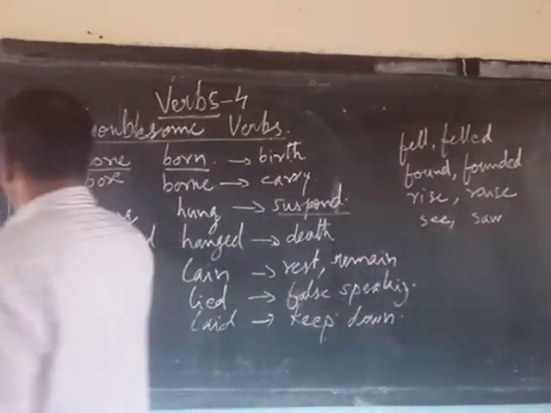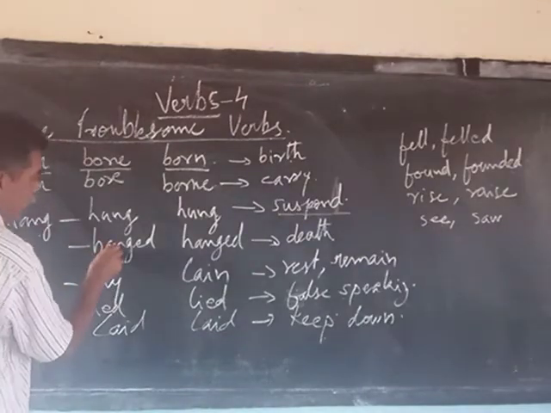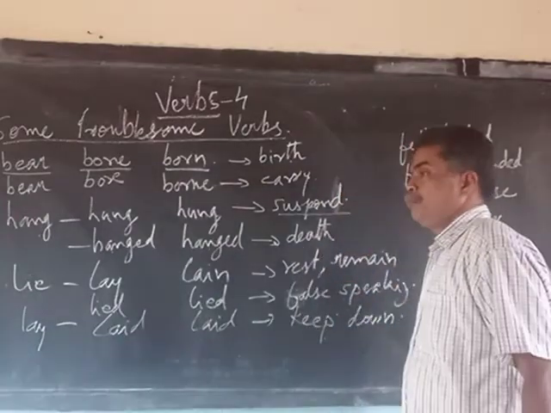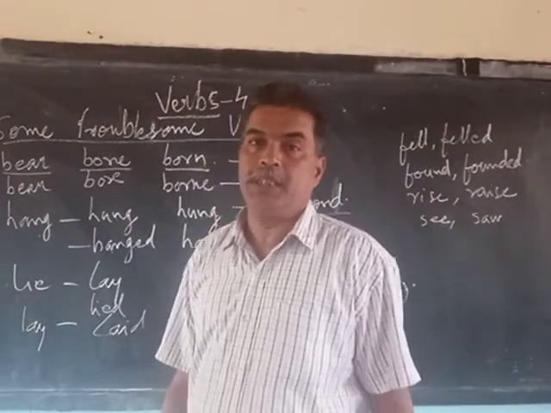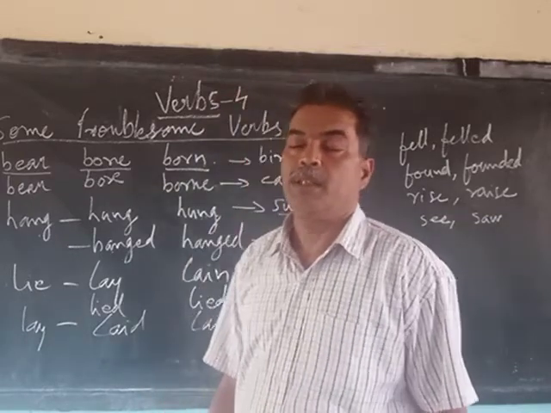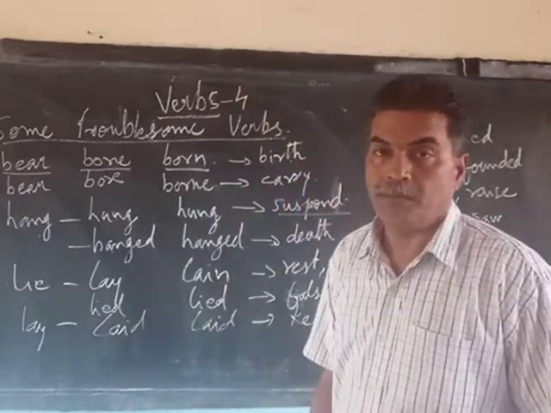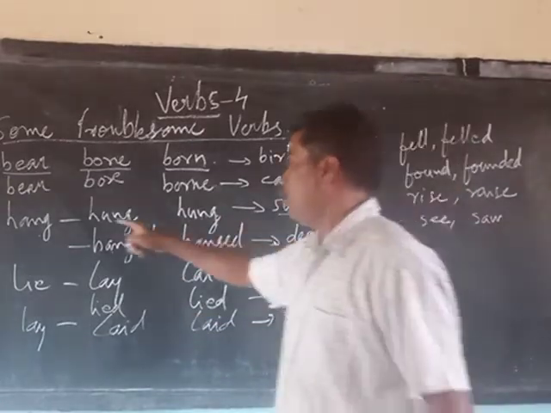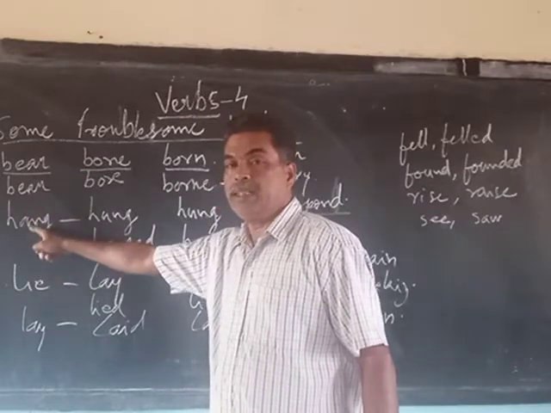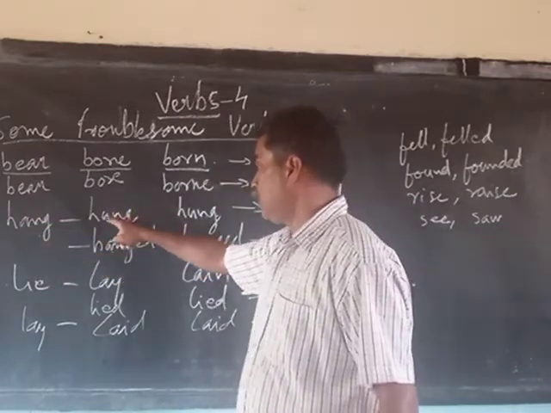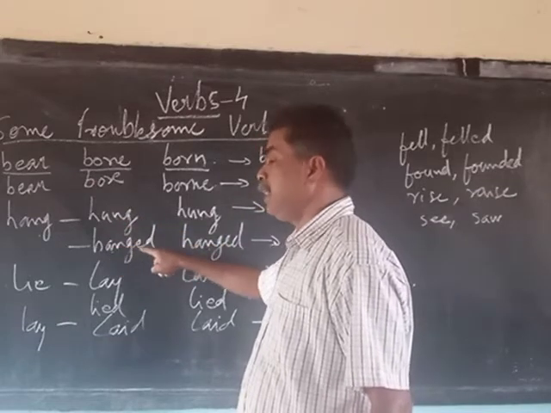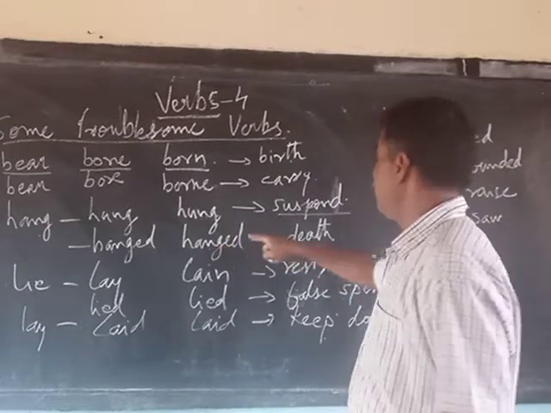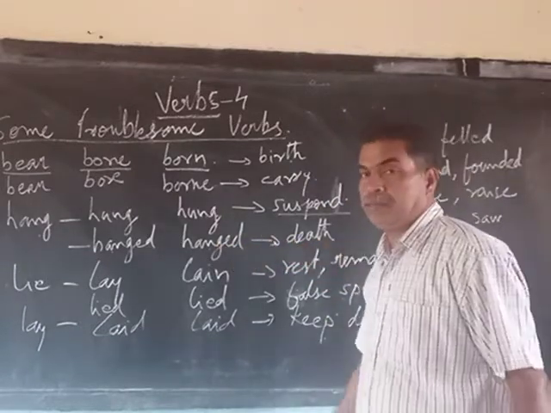Now again the same word, H-A-N-G, hang, past tense is hanged, and the past participle or V3 form is also hanged, that is related to death. As a part of punishment, capital punishment, for something wrong that a person has done. The court ordered that fellow to be hanged. Present tense is the same, H-A-N-G, hang. Past tense, the first one was H-U-N-G, here it is H-A-N-G-E-D, hanged. The past participle V3 form is also hanged, and it is related to death.